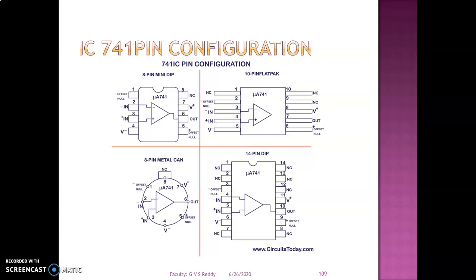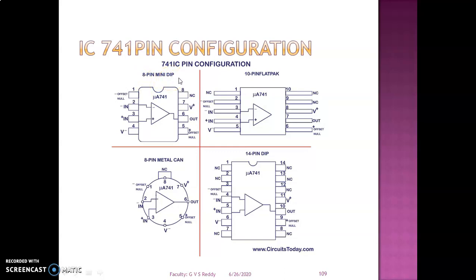This is the IC741 pin configuration. Here, the first one, 8-pin mini DIP package. See, ICs are available in different packages. Here it is, the first one, dual inline package. So it's a rectangular shape. So this is the 8-pin mini